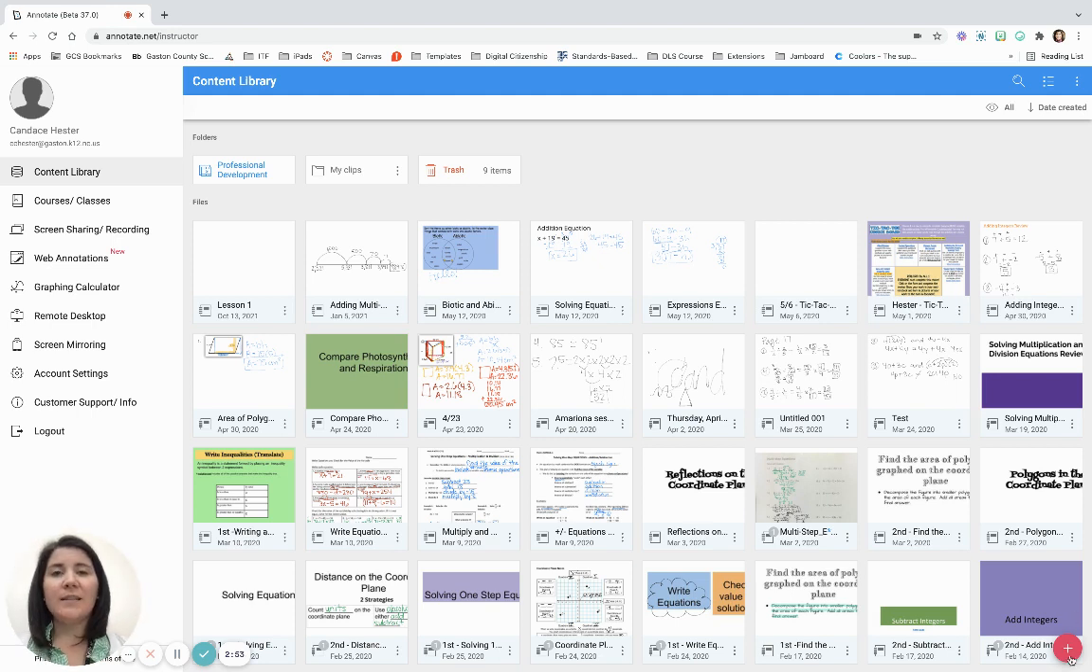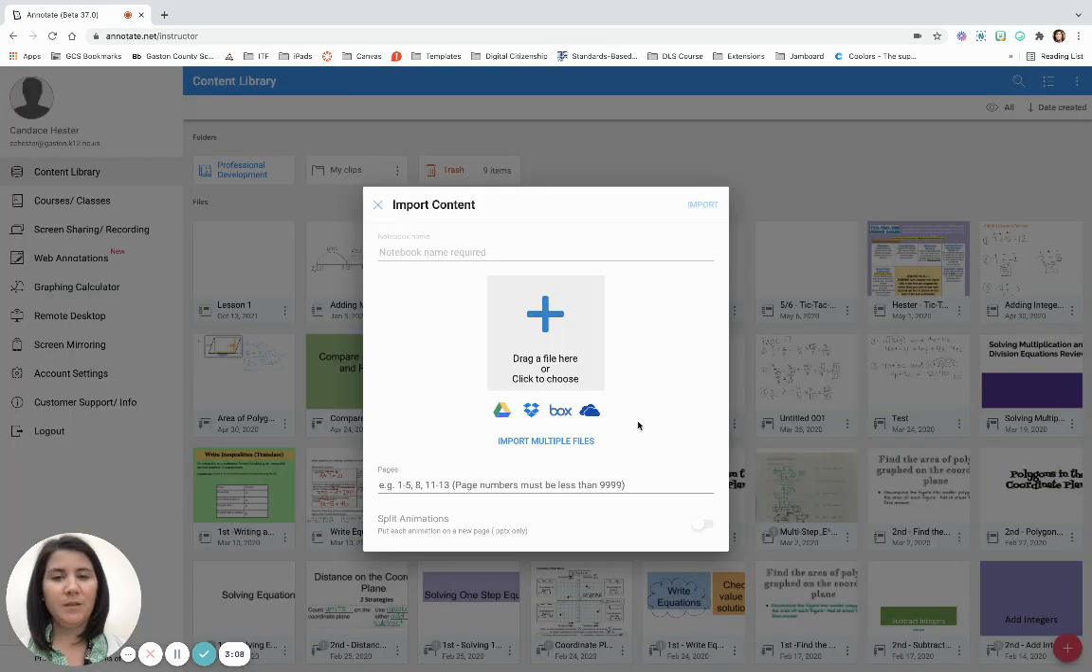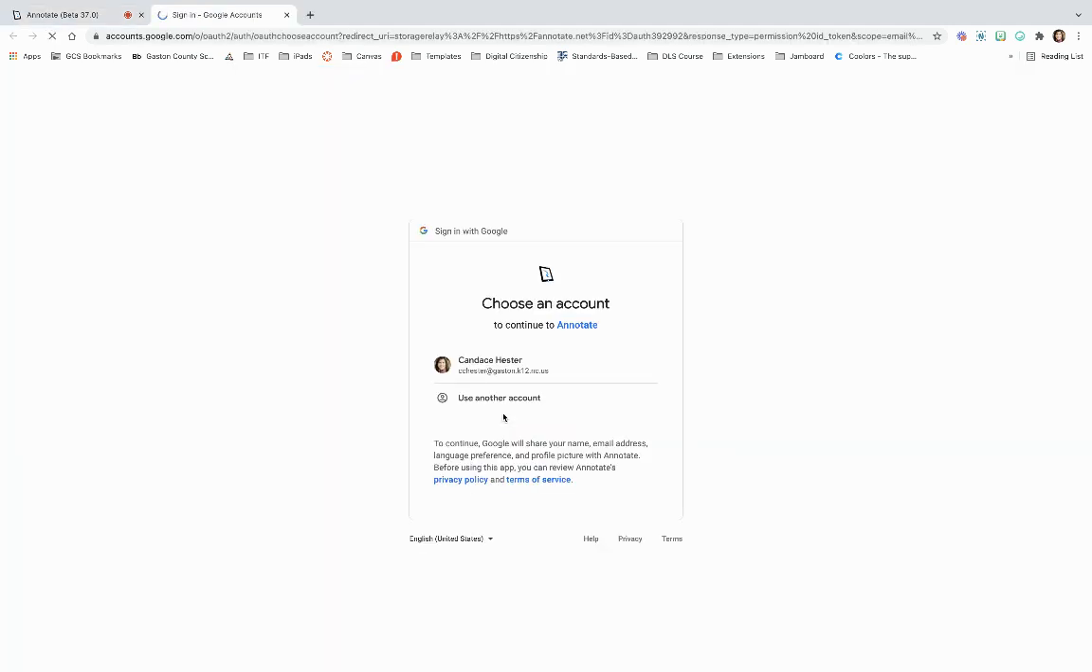If you want to add a lesson, say Google Slides that you have from your drive, you're going to go through the same process. We're going to click this pink plus sign, but instead of notebook this time, we're going to go up to the top and click import content. Notice you can drag files there, but you can also import from Google Drive. You click on your account,